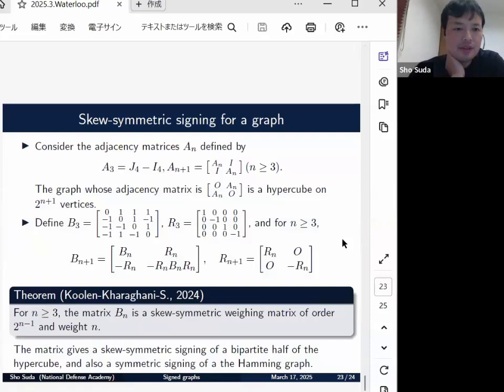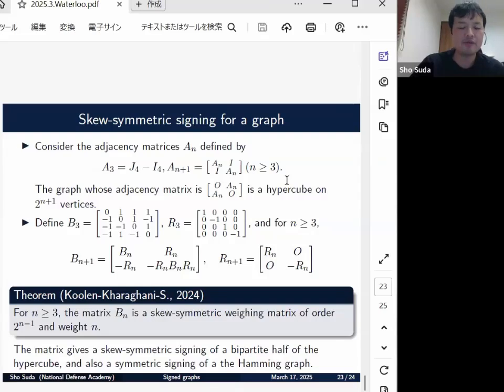So finally, I would like to give you some nice skew-symmetric signings for graphs. Actually, I could find these signings first and then try to generalize the skew-symmetric signing. In this case, we consider the adjacency matrices A sub n defined by this recursion, where n starts from 3, so A3 is equal to J4 minus I4, and A sub n plus 1 is defined to be